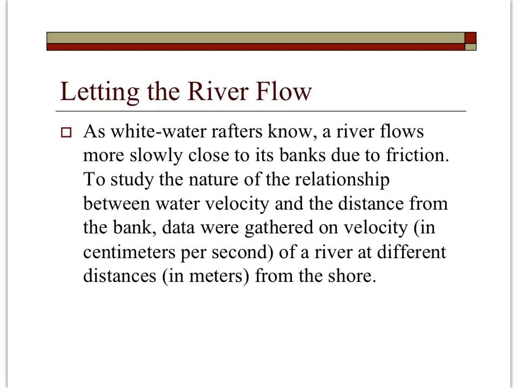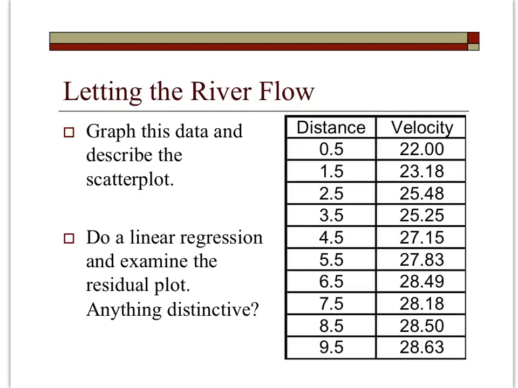Let's go ahead and pause the video and read through this problem. So it makes sense. In other words, in a river, basically, the current will go faster in the middle and slower on the edges, and so they're going to examine a bunch of data and see if you can create a model for the further away you are from shore, is the current going to actually go faster as you would expect. So what I'd like you to do now is to pause the video, load this data into your TI Nspire